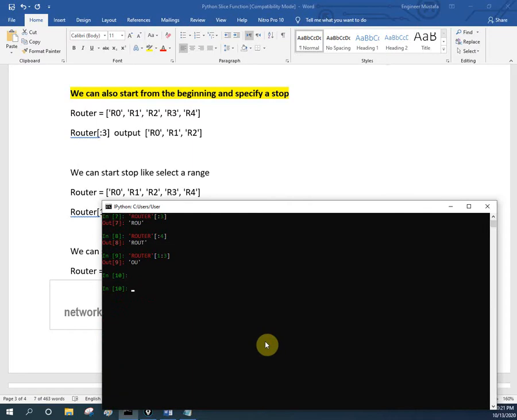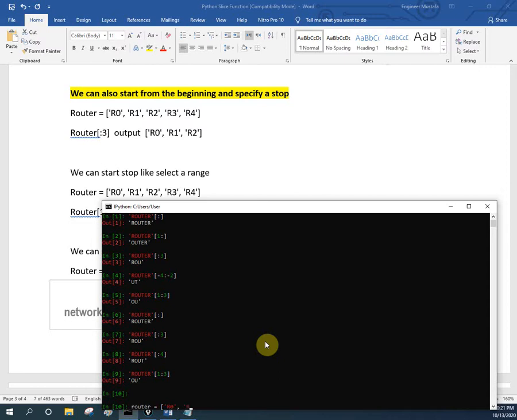What I will do, I will write router. I am defining a list. Here I have R0, then we have the comma. Then I have R1. I will take only a few, not many things, so it will be simple and very easy.